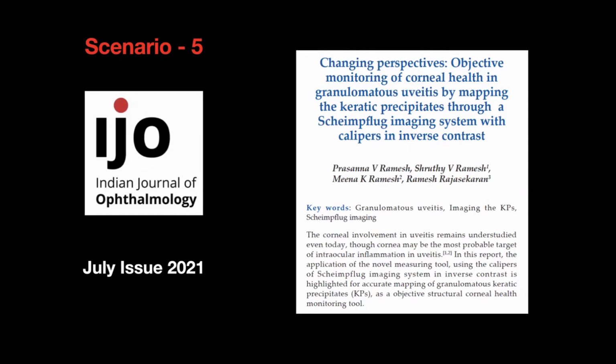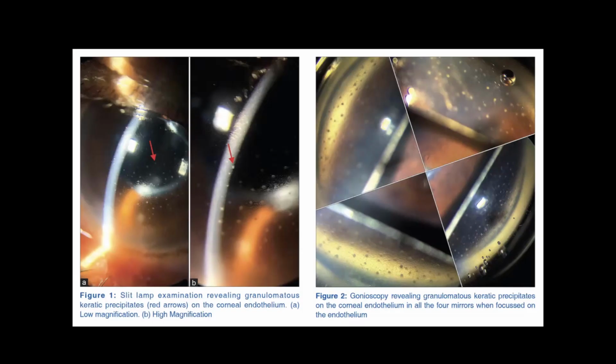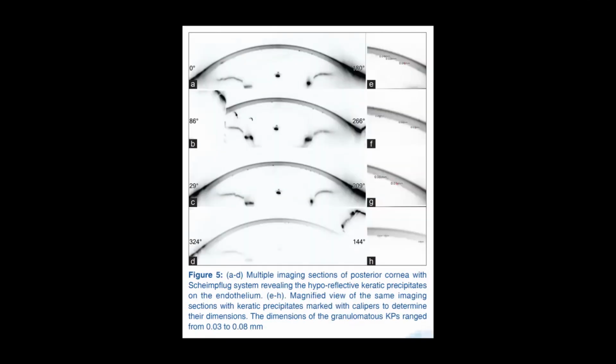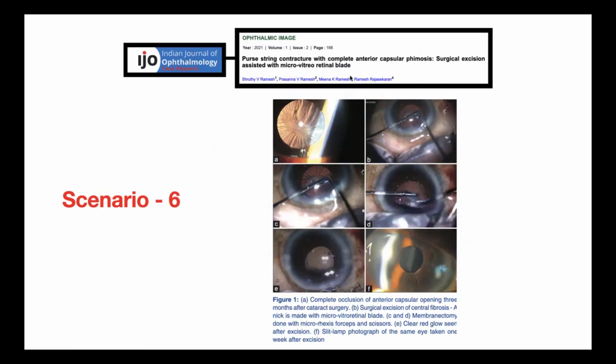This is again granulomatous uveitis. I always keep telling, the geometrical paradox in my gonioscopy is something I absolutely do, and then you can always measure each and every keratic precipitate. You can analyze it, and these are some of the measurement tools that we have used to measure and map each and every KP. Again, this is to add on to multiple things. One of the